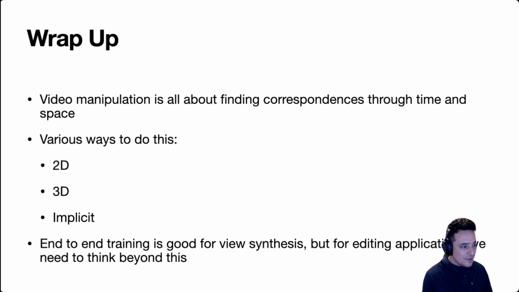So that's that. For the wrap up of the whole talk, what are the take-home messages? I think video editing, video processing can be viewed as a correspondence problem. We basically need to find all of the observations of the same scene point and perform the same edit on that scene point. There are a lot of different ways we can do this kind of correspondence. We can find correspondences in 2D. We could do it in 3D. We can do it implicitly through using an MLP representation. And there are probably other ways to do this that we haven't come up with yet. But we should think about this general problem setting, and I think it will enable us to do cooler things with video editing in the future.